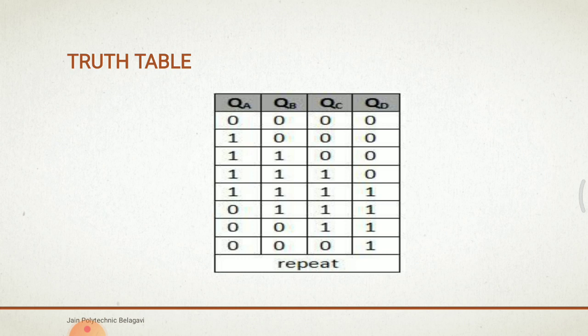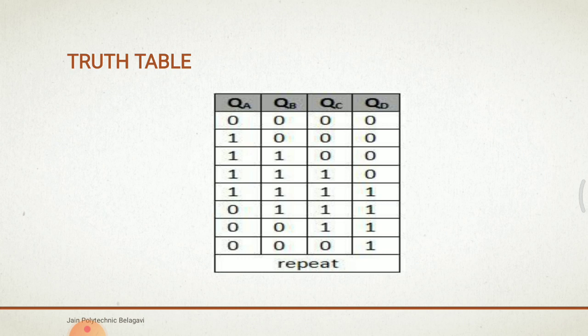Next, that 1 1 is again shifted to the right side, so QC equals 1, QB equals 1. Again the previous output will be 1, and 0 will be at the last flip-flop, which is inverted, so you take 1 here. In a similar fashion it changes. The QD output is 1, and the inverted flip-flop gives 0 in QA, and the remaining 1 1 1 stay as they are. Next, QD is again 1, so you take 0 in QA, and the previous QA is shifted to the right side, so you get 0 0 1 1.